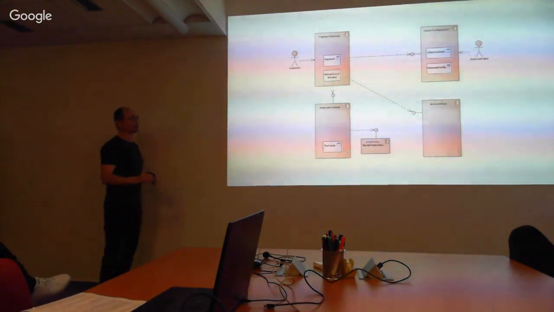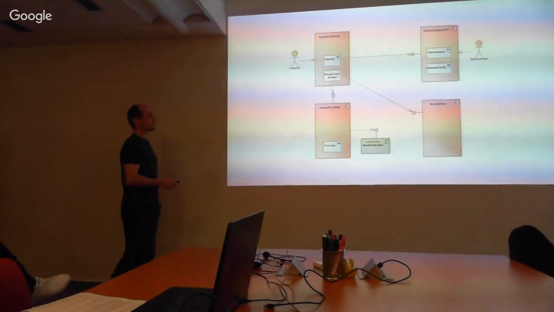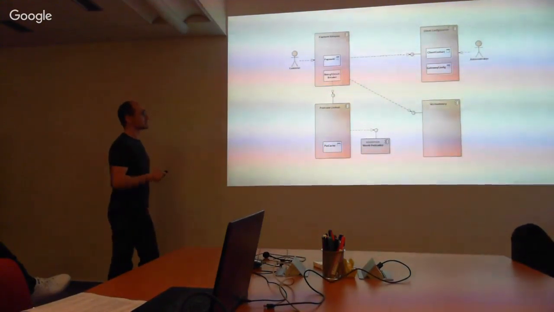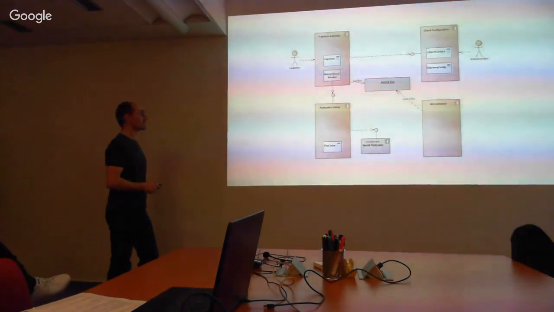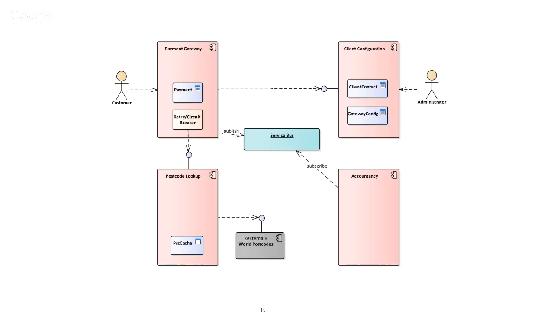I don't care what accountancy does with this. And for this type of communication, it's much better not to use web API calls, but to use queues, or more generally a service bus. I'll get to the difference a bit later on. So a queue or service bus works